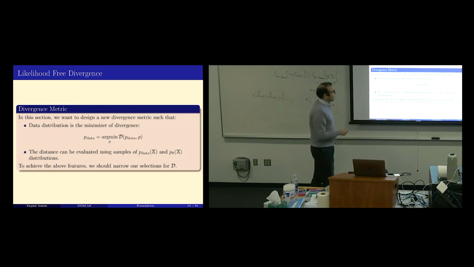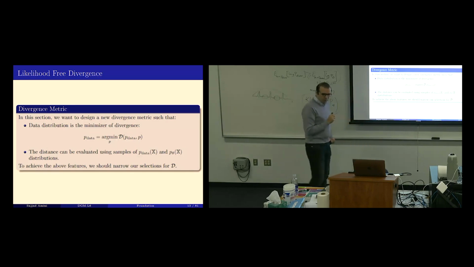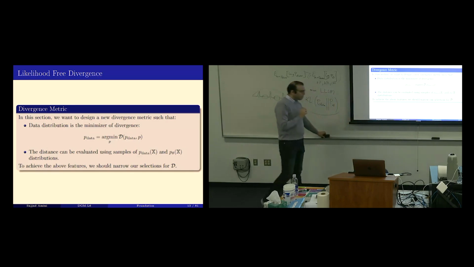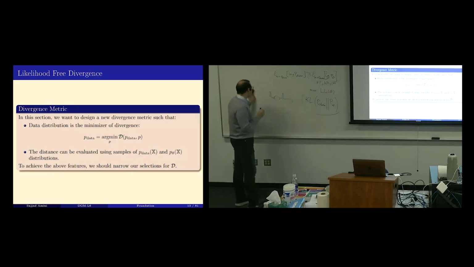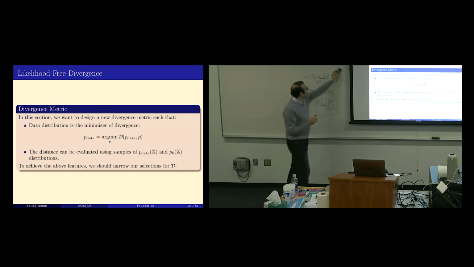The second part is that the distance can be evaluated using samples of the p data and p theta distributions. This is the most important point of change. Pay attention to this point. What does it say? Previously, everything we talked about was based on modeling a distribution. It means that,